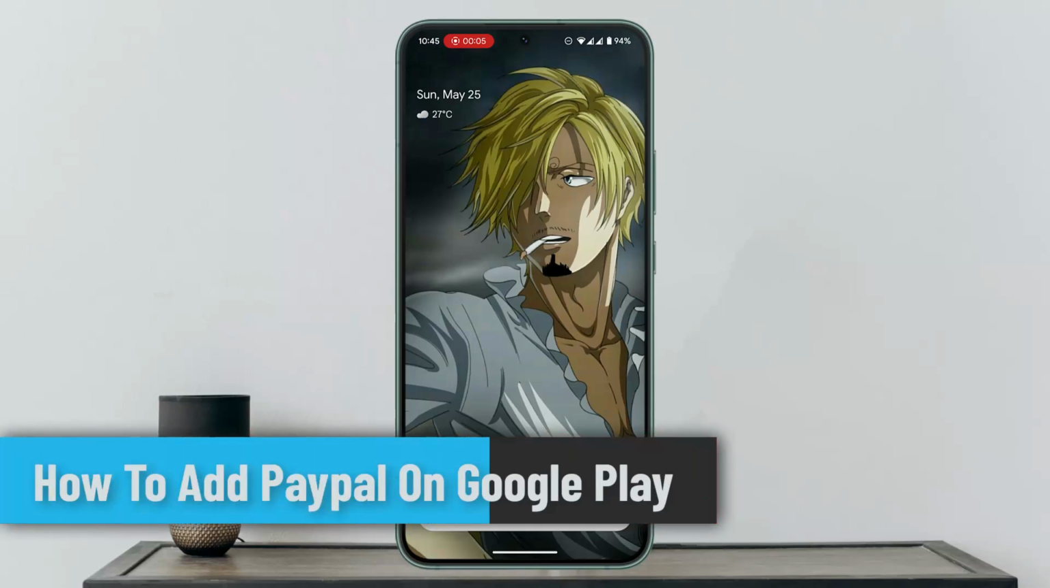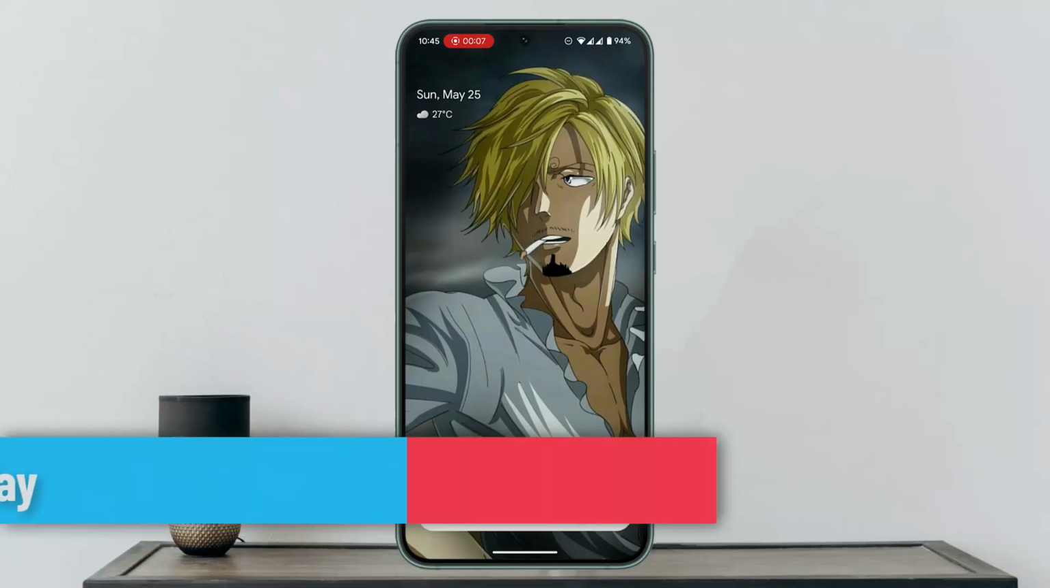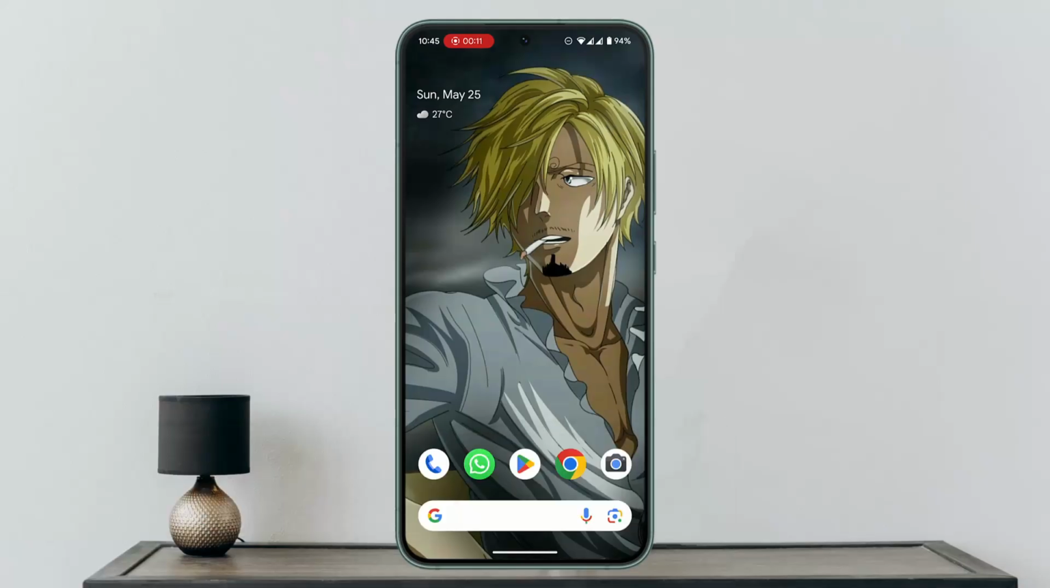In this video, I'll be showing you the procedure to add PayPal on Google Play. To add a PayPal account to your Google Play for making purchases, you need to link your PayPal account to your Google Play account. So you cannot add PayPal directly within the Play Store app if you have PayPal security key turned